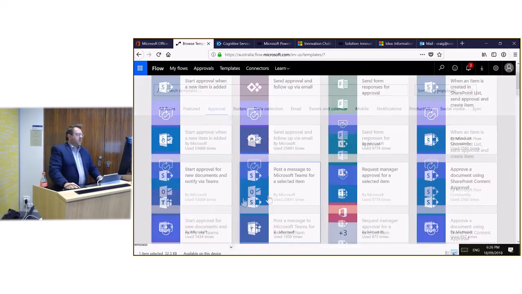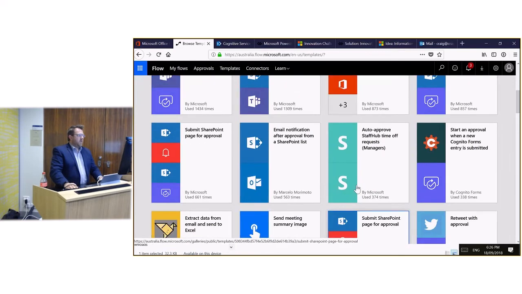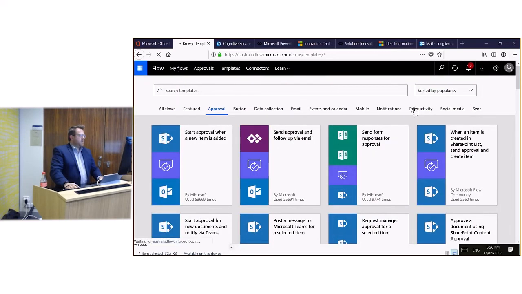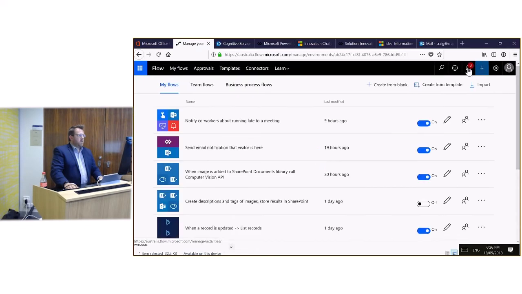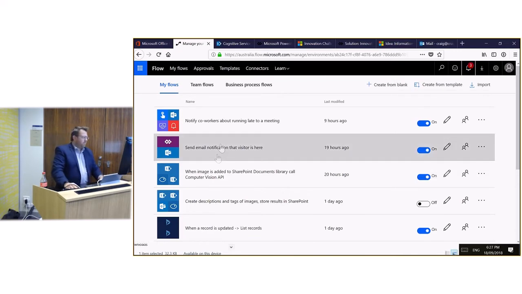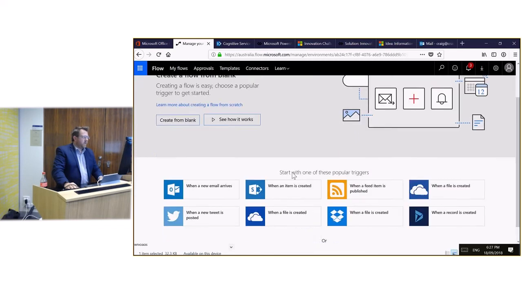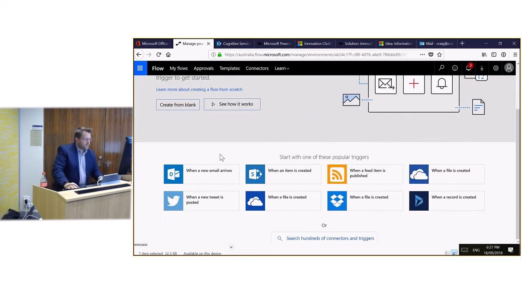So if you pick any of these, you can then go and create and start modifying the template. But if we start from scratch, let's go back here. You'll also see I've got a notifier up here telling me about my failures. Just in Flow, not my failures in general, it's a longer list. Thank you. If I go and create from blank,